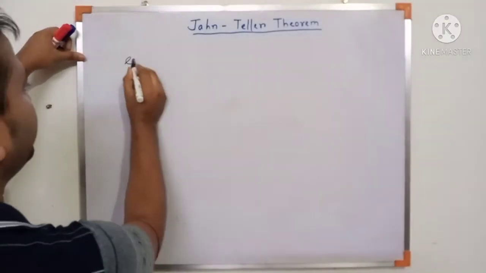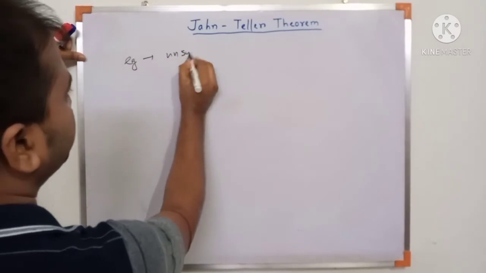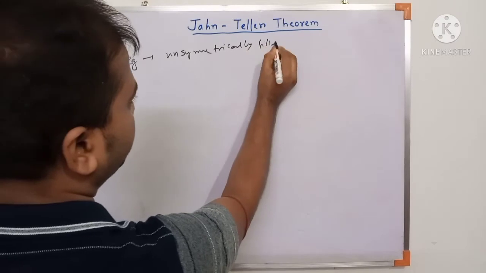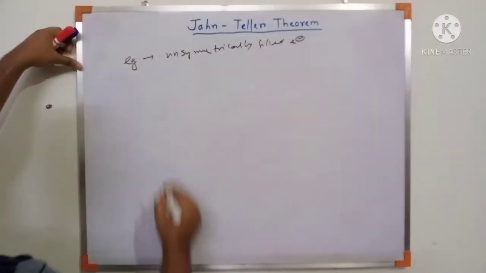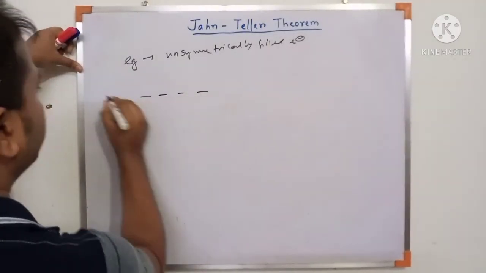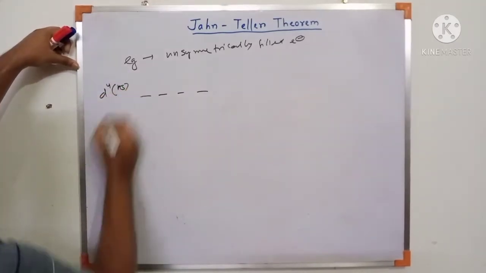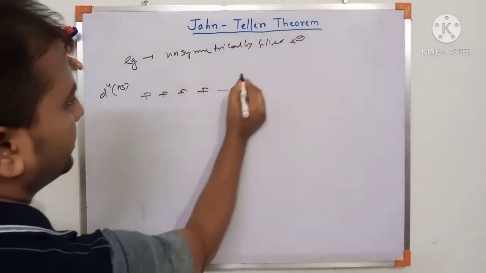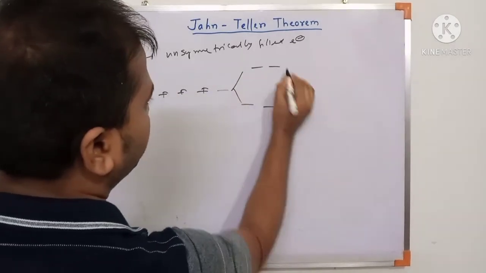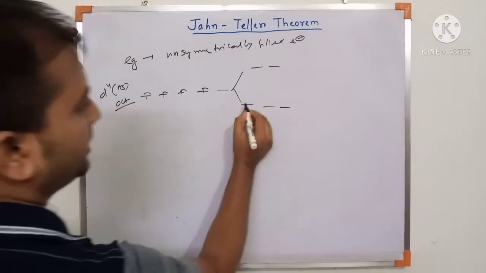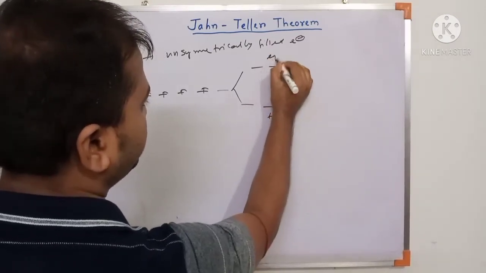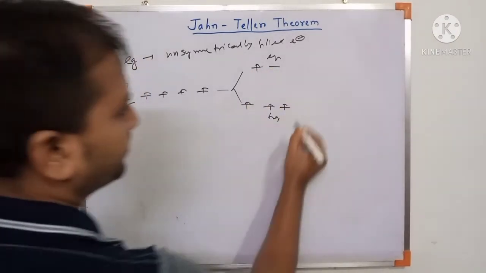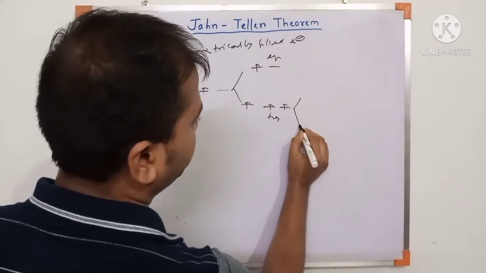And in case of EG unsymmetrically filled electron. Now similarly, suppose example d4 high spin case. This is 4 electrons, 1 2 3 4, and split out. This is octahedral case. Split out, this is T2G and this is EG. 4 electrons 1 2 3, high spin case, and T2G further splits out